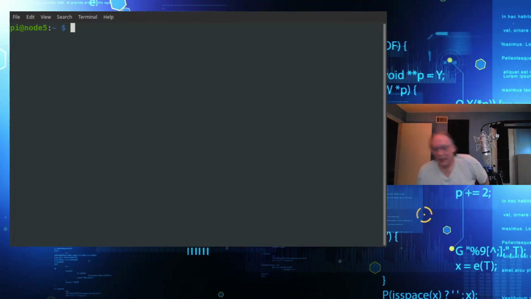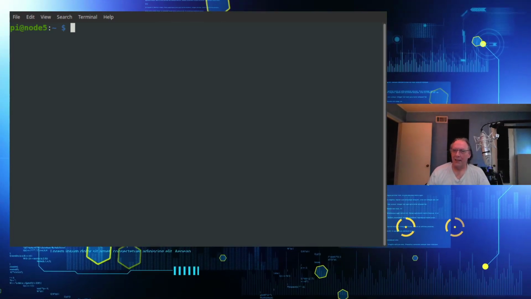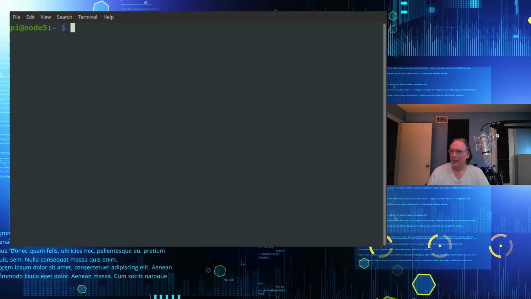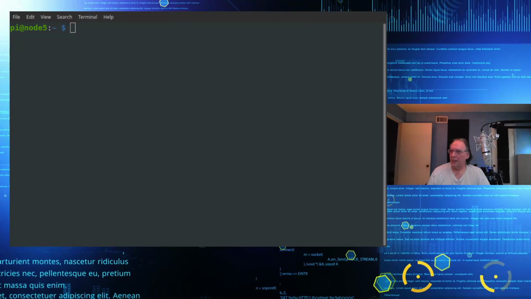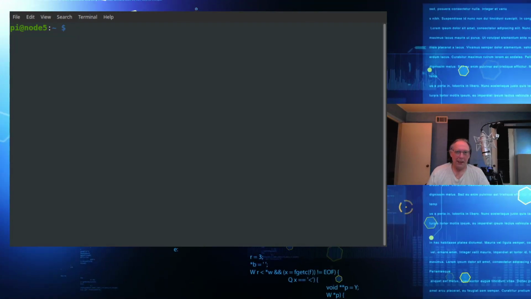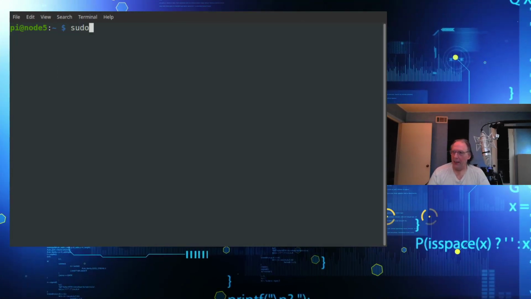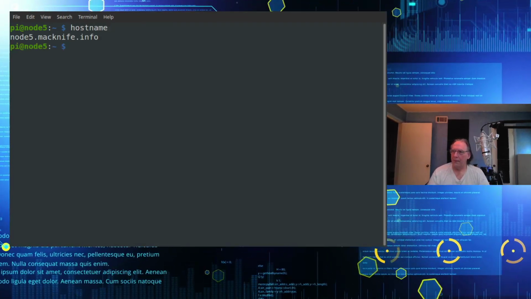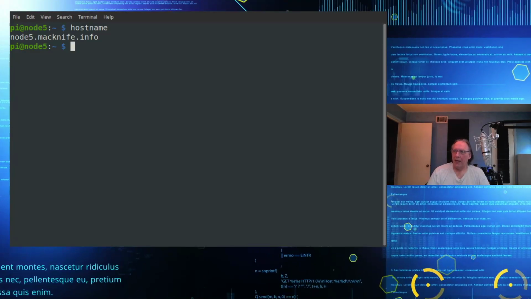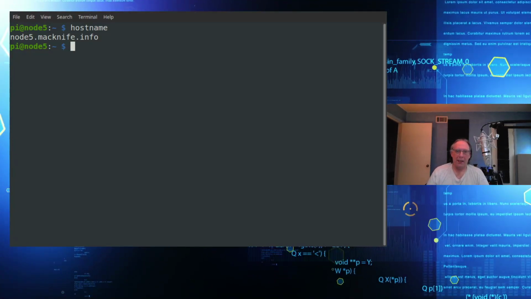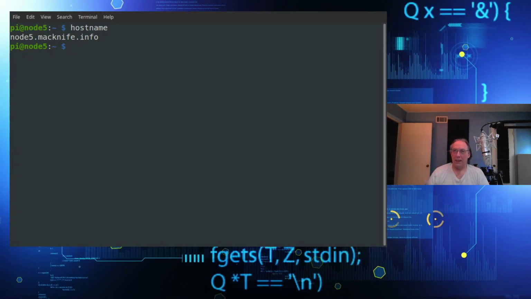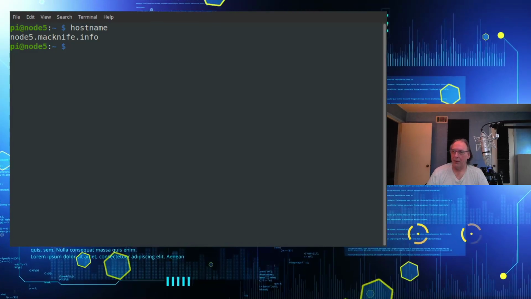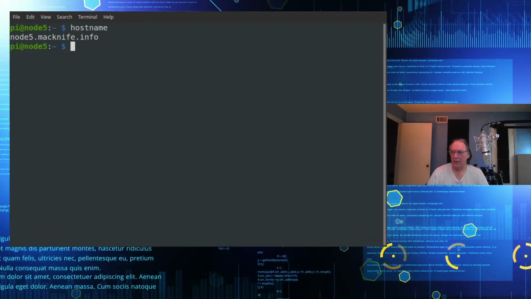So let's get started. Let's do this. Hopefully you can see my screen. We'll start out by checking my host name. Mine's going to be different because, like I said, I have node5.macknife.info. I'm going to have to change my add content file in order to match this, or I could change my host name temporarily to be